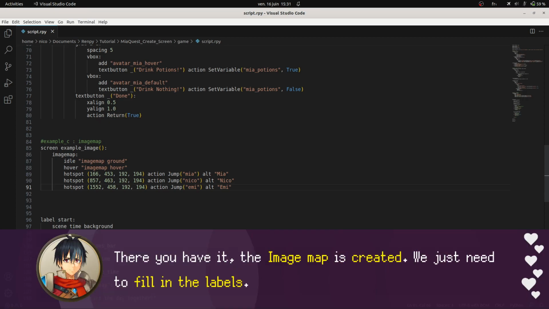There you have it. The image map is created. We just need to fill in the labels.